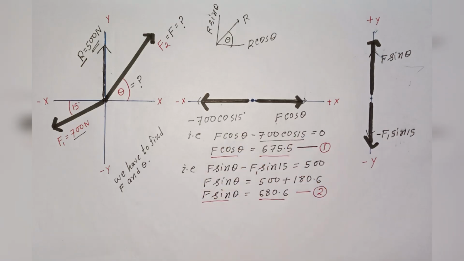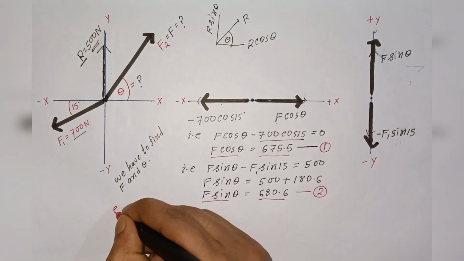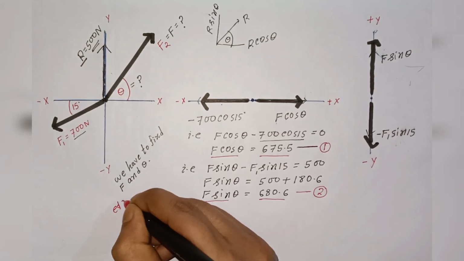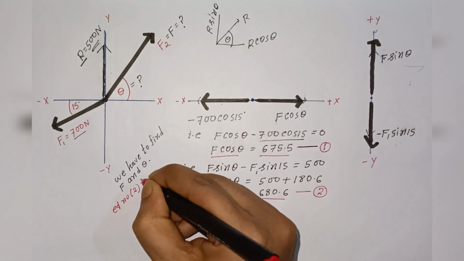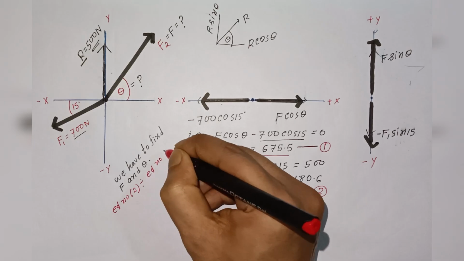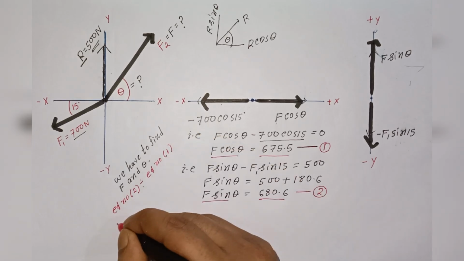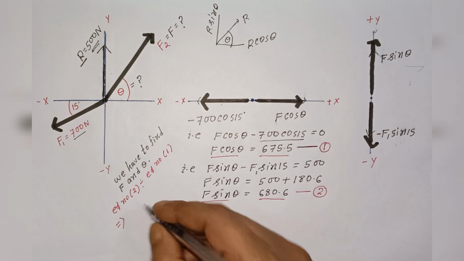And this uninvited guest F quietly disappears from the party. So note down equation number 2 divided by equation number 1, that is F sin theta divided by F cos theta equals 680.6 divided by